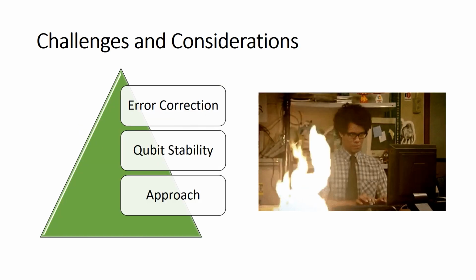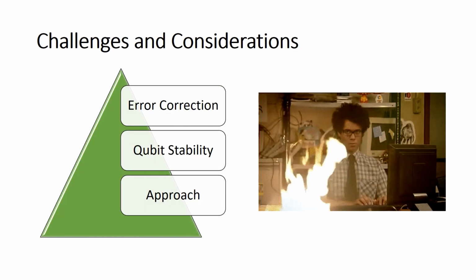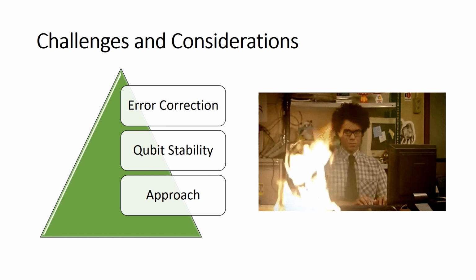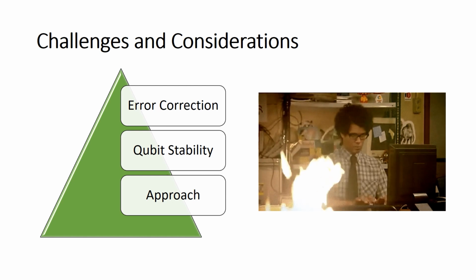As quantum computing researchers, it's important to address the technical challenges and considerations that underpin the advancement of quantum computing. Now let's explore 3 crucial aspects. Error correction. Quantum computing lies in the inherent fragility of qubits. Quantum states are highly susceptible to noise and environmental interference. Error correction is important in mitigating these issues.